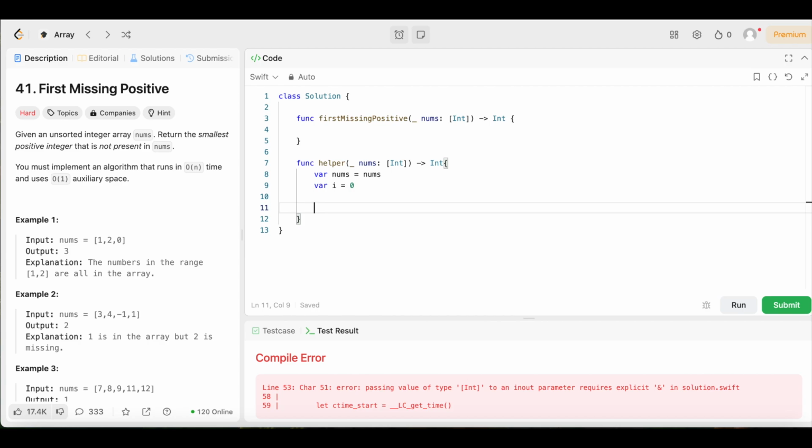So in order to do that, we're going to say while i is less than nums.count, we're going to open up the brackets, and we're going to see if the current number is within the valid range and it is not already at the correct position, then we need to swap it to its correct place. So in order to do that, we can say if nums[i] is greater than 0, comma, nums[i] is less than or equal to nums.count,